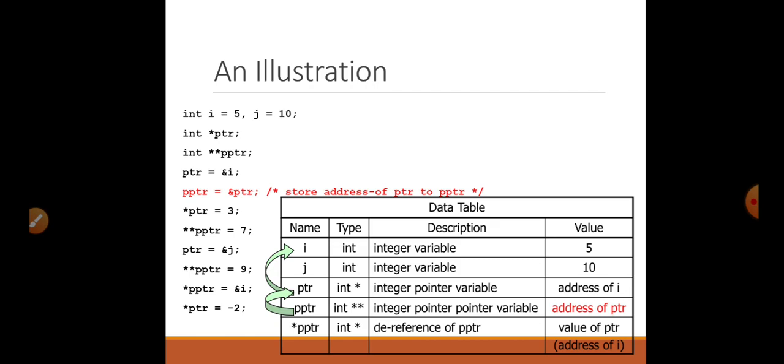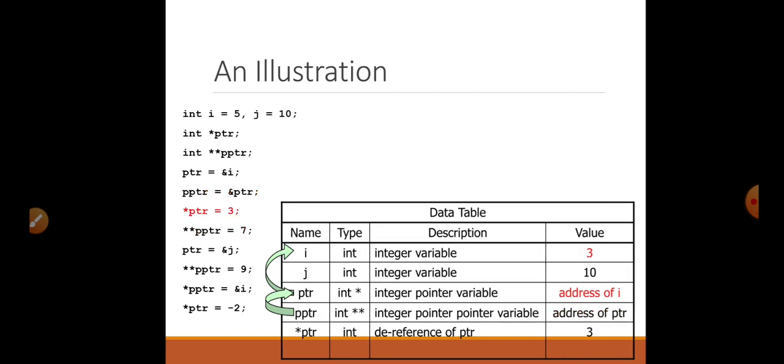Now what is the next line? *ptr = 3. Right now ptr points to i and the value of i is 5. So *ptr = 3 means store the value 3 at the address pointed to by ptr. So now this value becomes 3. The next line is **pptr = 7.